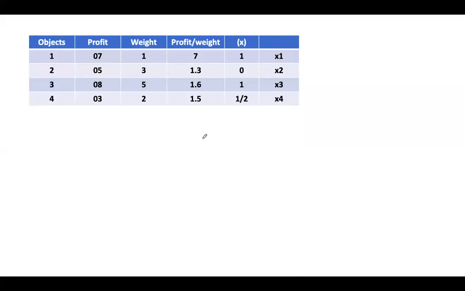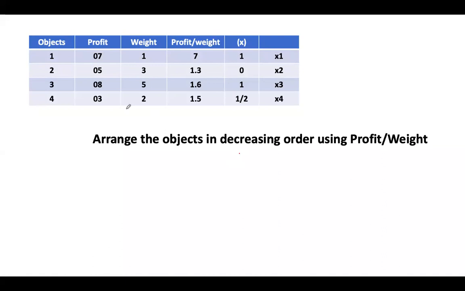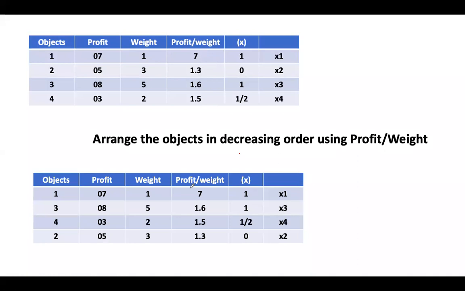Before we start with the algorithm, see, for us, the profit over weight ratio was very important. So what we shall do is rearrange this table based on this profit over weight ratio. How to rearrange this? Just do sorting here. We shall arrange this profit weight ratio in the decreasing order. All the objects will be arranged based on this column, in the decreasing order. Why in the decreasing order? Because we want the object with the highest profit ratio first and the next level next.